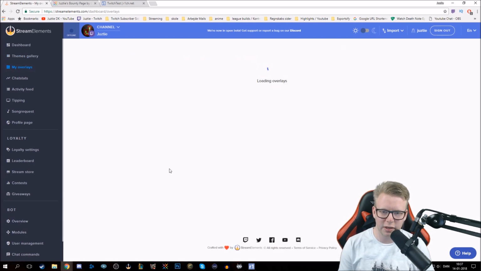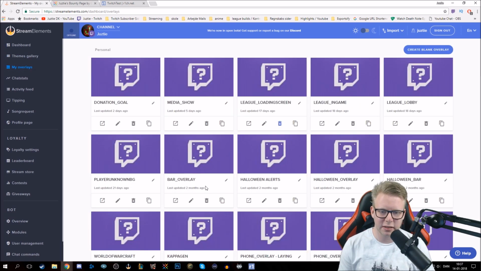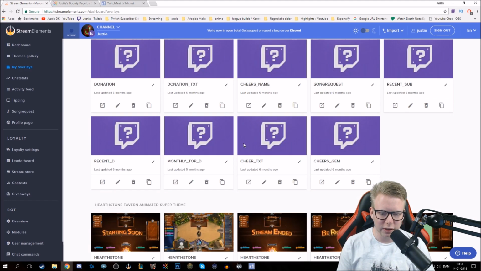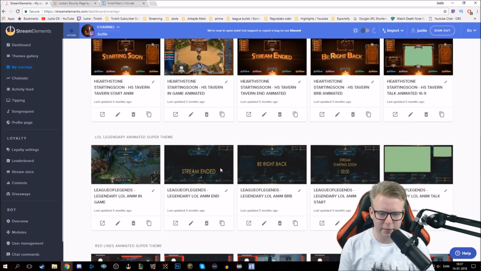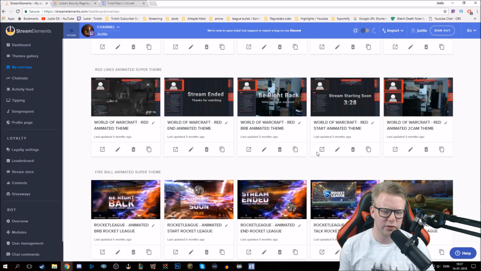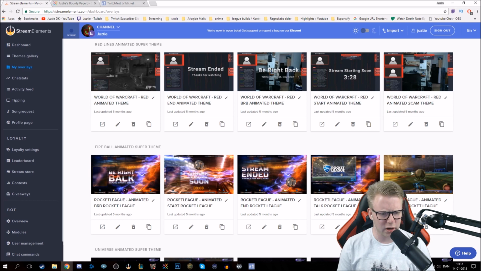It's better. My overlays. This is some of the scenes. It's not all of it that I use, but most of them I do. If you scroll down, you'll see there are some here that I was testing out in the beginning to see how the new system was, and you'll notice there is a lot. You didn't see those in there, you only saw one picture, right? But that's because it's just a preview. You can hit the preview button and you'll be able to swap between all the scenes, but you get a whole